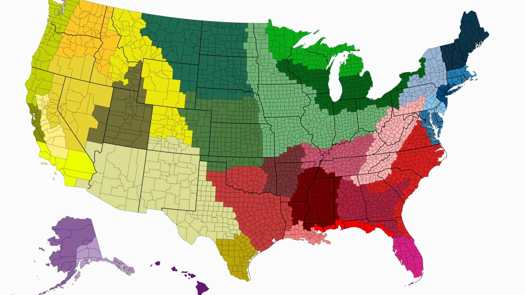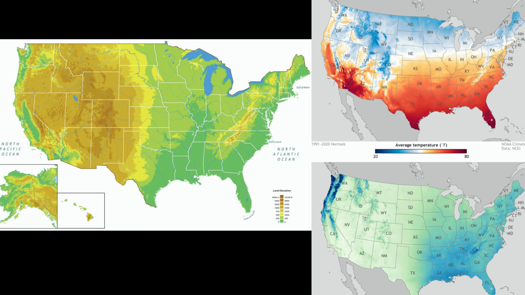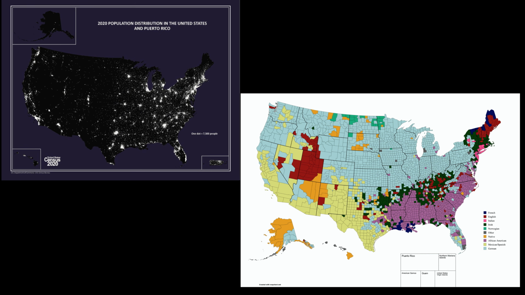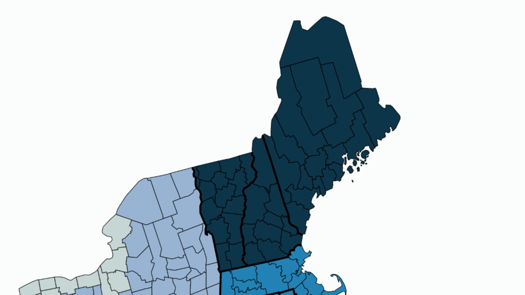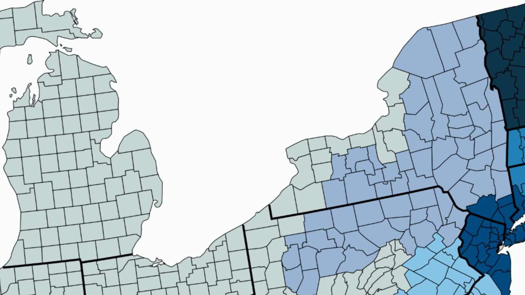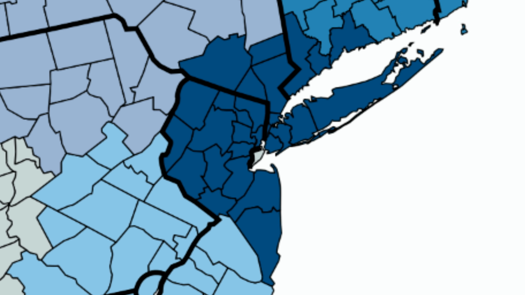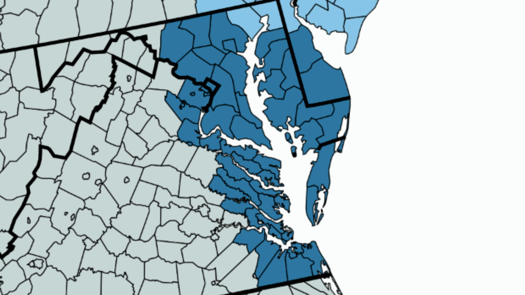Subregions, on the other hand, are each based off aspects that give a region a unique identity. I would group these aspects into 2 categories: geographical and cultural. Geographical aspects include elevation, rainfall, temperature, and climate type, while cultural aspects include ancestry, religion, population density, economy, and cultural practices. In this video, I want to dive into the Northeast and its 6 subregions of Northern New England, Southern New England, Upland Northeast, New York City Metro, Philadelphia Metro, and Chesapeake Bay.